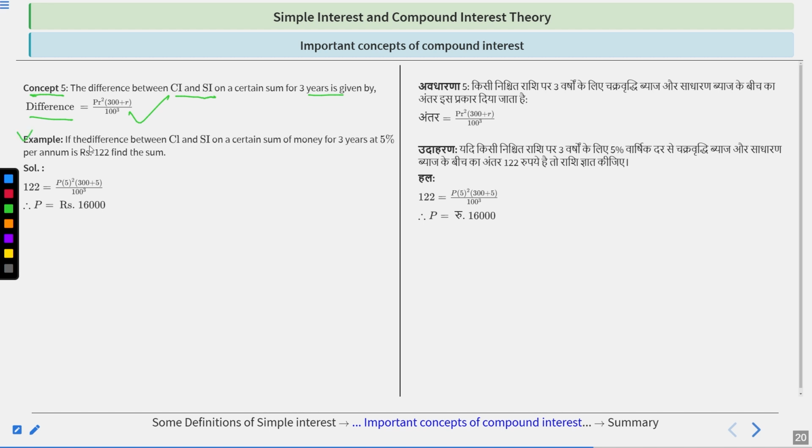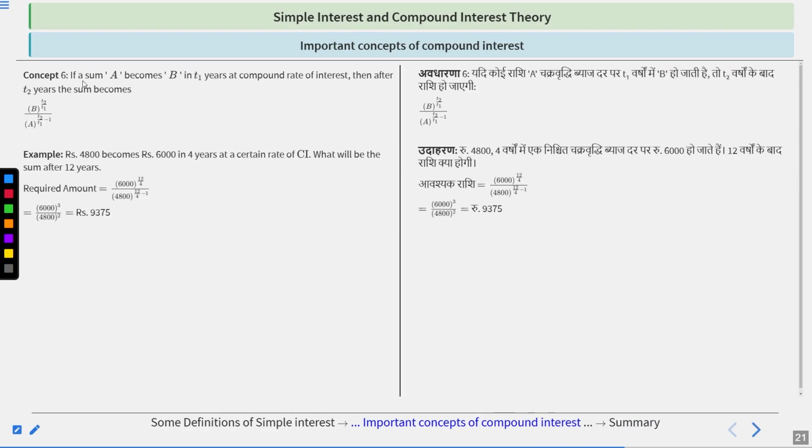Now the example is: if the difference between compound interest and simple interest on a certain sum of money for 3 years at 5% per annum is 122 rupees, find the sum. So we just put the value of 122 in the difference place. Clear? And we know the rate of interest, which is 5%. So P into 5 whole square multiplied by (300 plus 5) upon 100 cube. When we calculate it, we get the value of P, which is 16,000. Next,